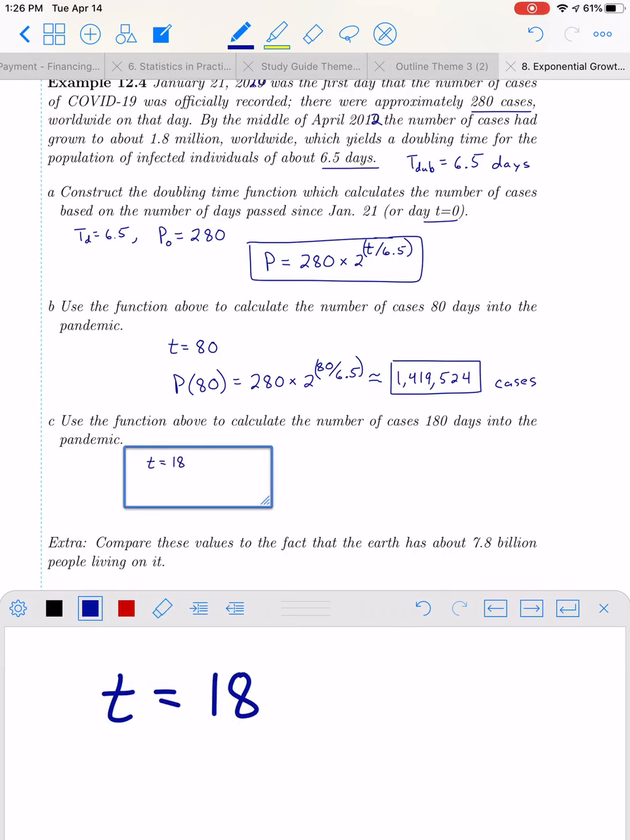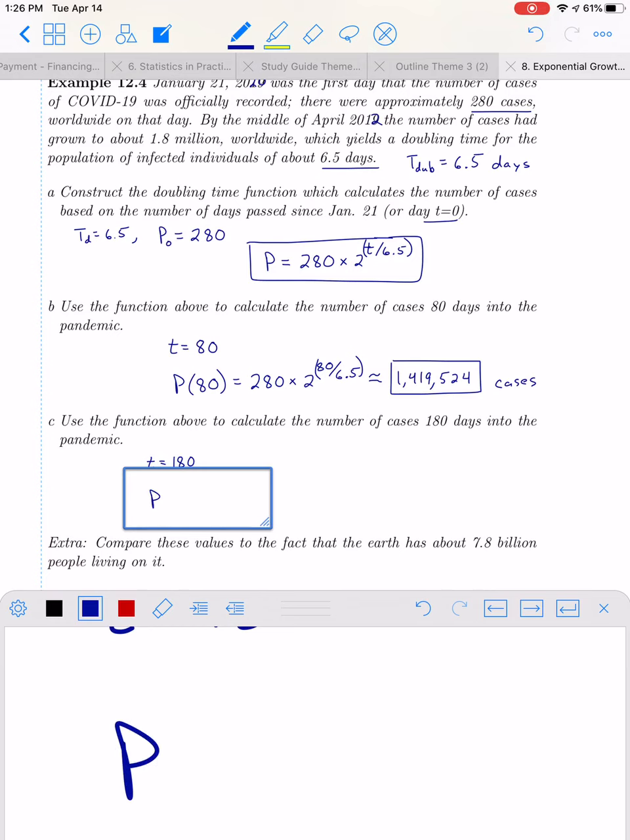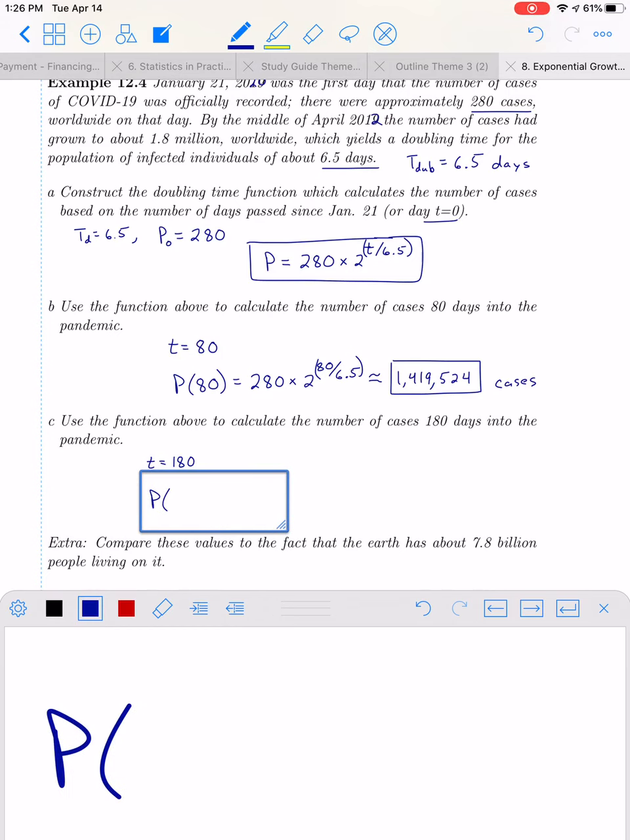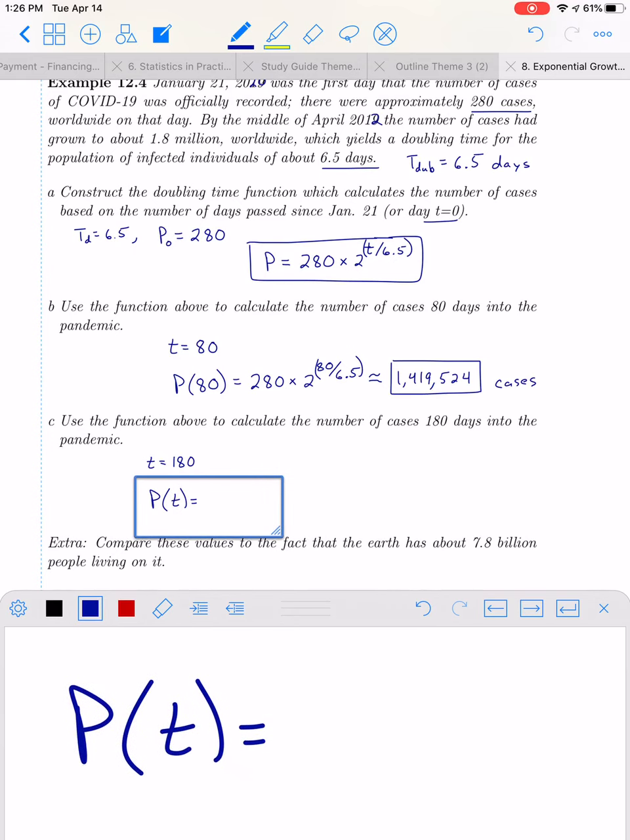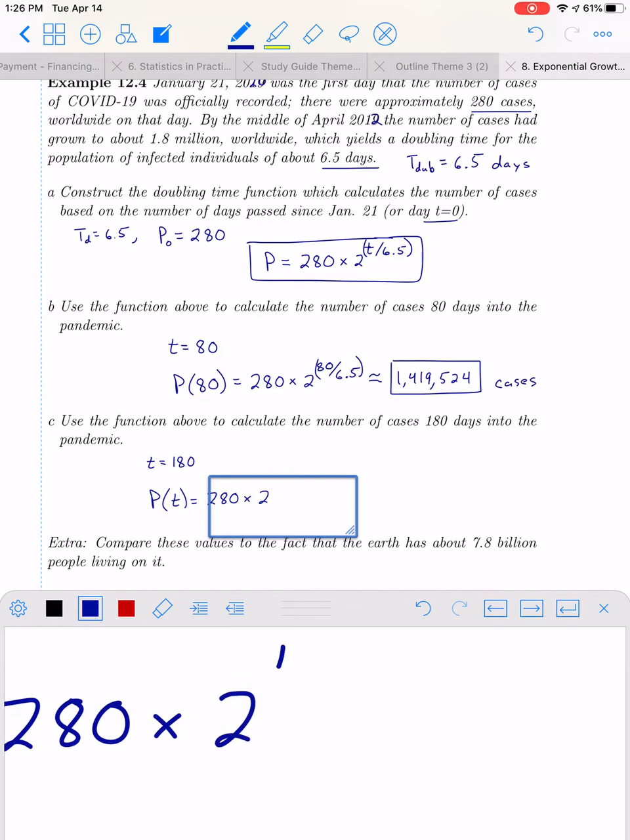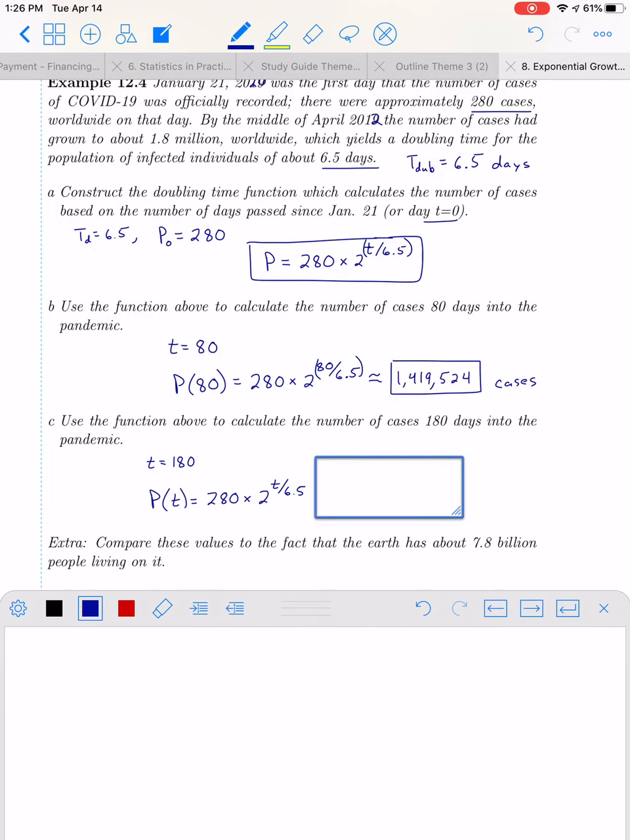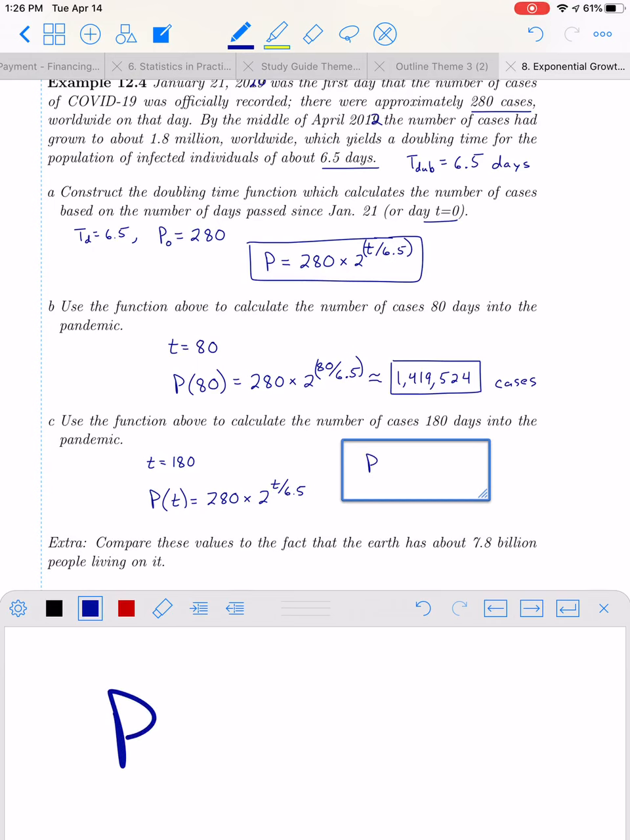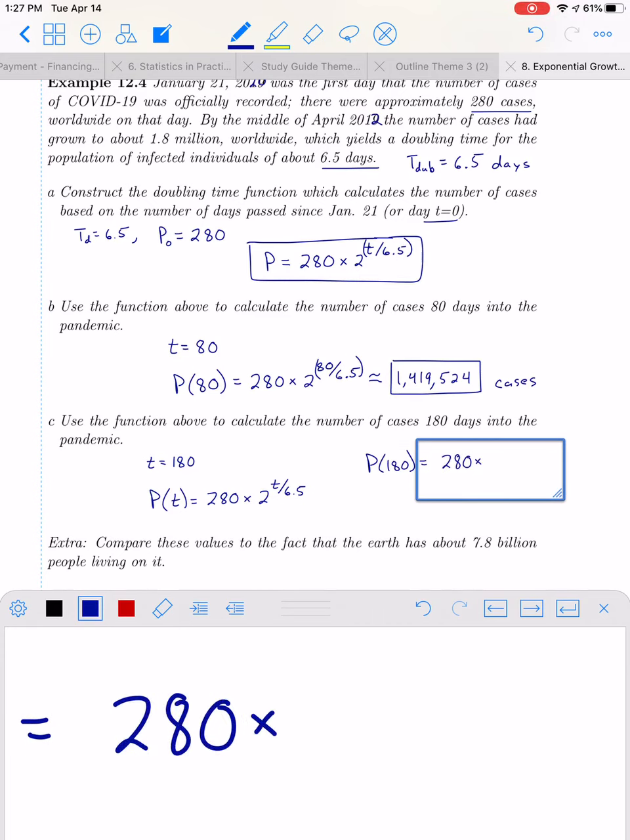So T is 180, once again, and we have our formula, same value, same formula we put together up top. I'll just repeat it here just to see it. P of T, so the population of infected based on time T, however many days after January 21st, is 280 times 2 to the T over 6.5. Writing the full formula down just as a reminder, we're using this each time. So P of 180, this means plug in 180 for T, using this function for us, 280 times 2 to